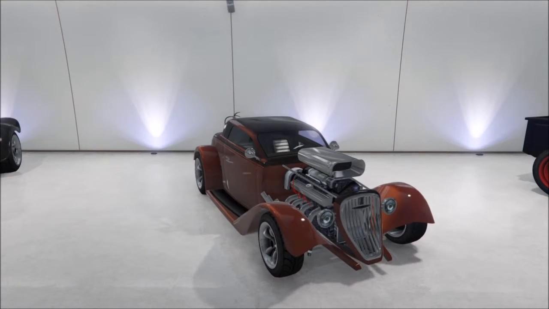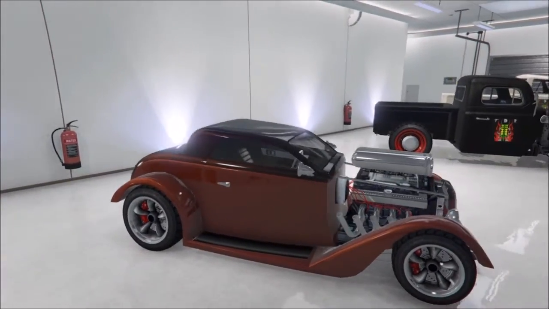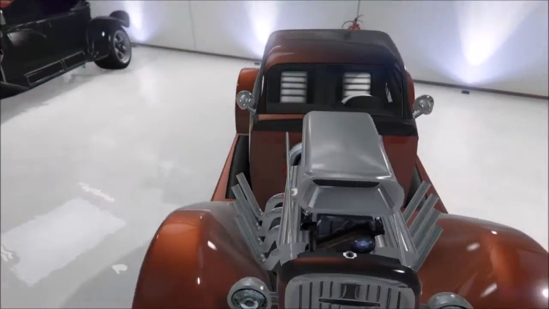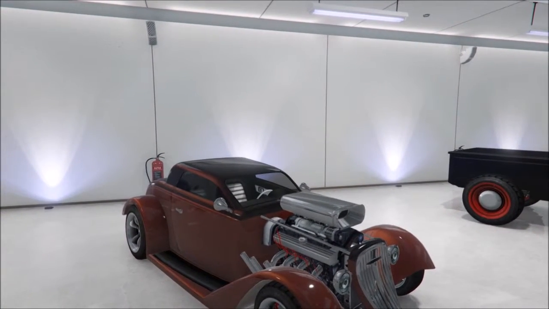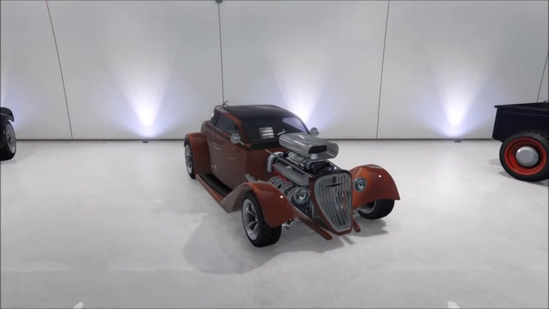Chrome 5-spoke wheels, a nice two-tone metallic paint job, and of course I wanted people to see the motor with all the chrome all over it and stuff like that. And once again, it's rocking the zoomy headers, and it's got this bug intake on top of what looks like a 671 blower, and just really cool, and just something I like to go tearing the streets up with in